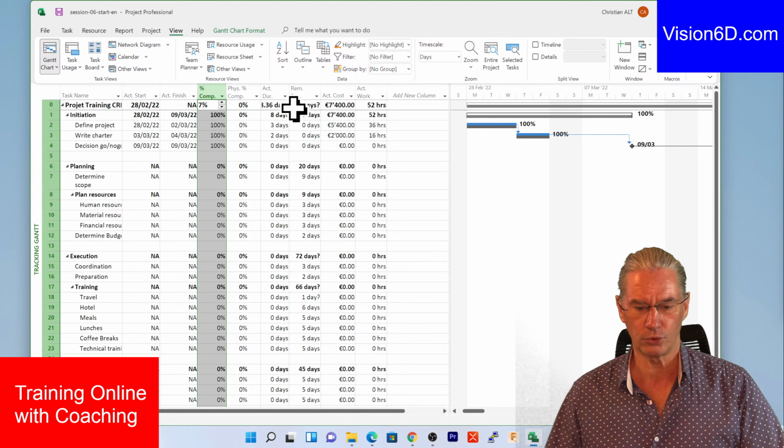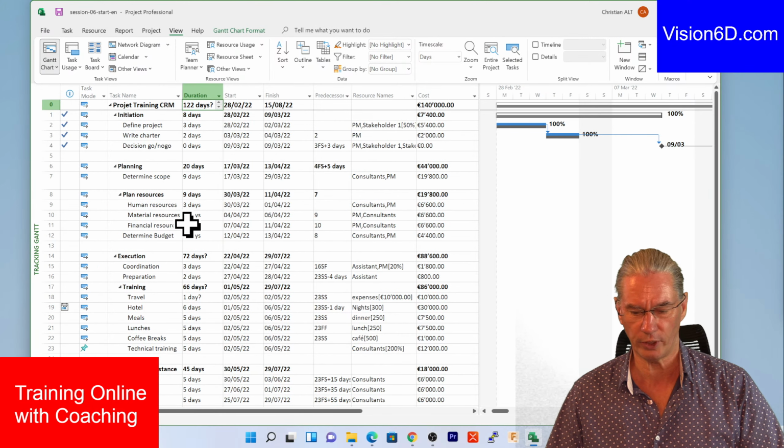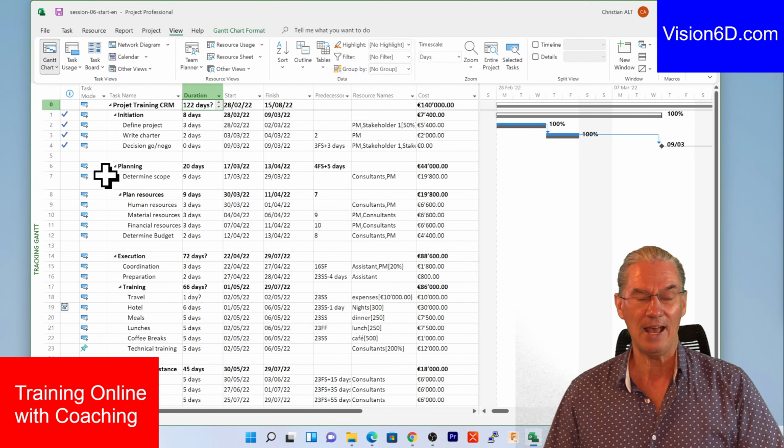I'm going now to go back to the entry table, the one we were used to working with, and we are going to follow up on this project. So we are now at the stage where we do the planning, and in planning we are going to determine the scope. So I have already prepared something here. You see, maybe I will come